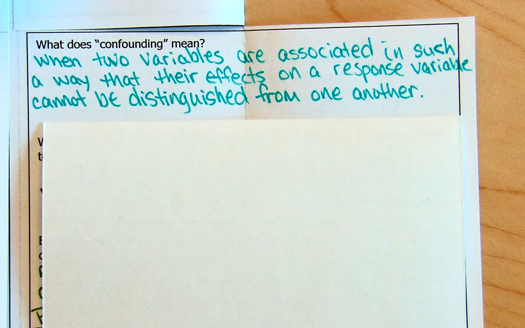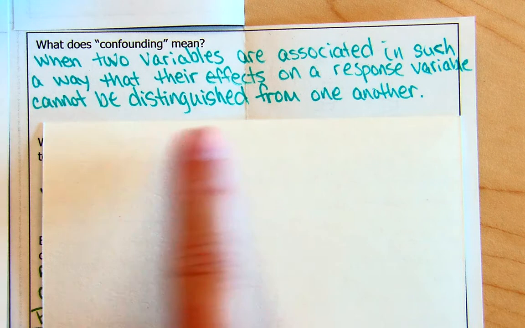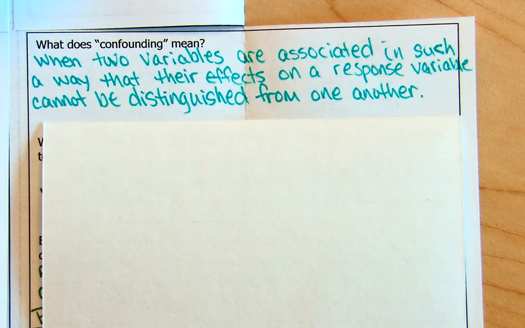We do our best to set up controls in the experiment, to do our randomization, to do all of those things we talked about in that first part. We do our best to avoid these by setting up a good experiment. Okay? So let's say I wanted to know